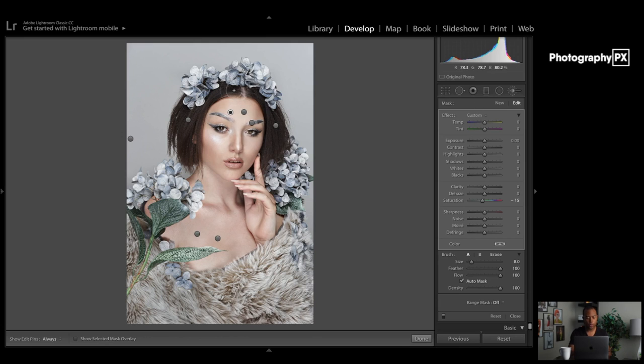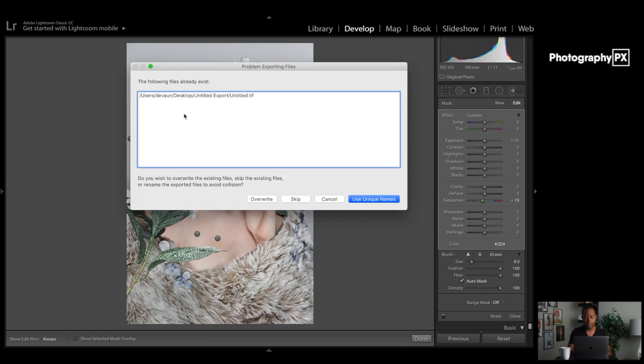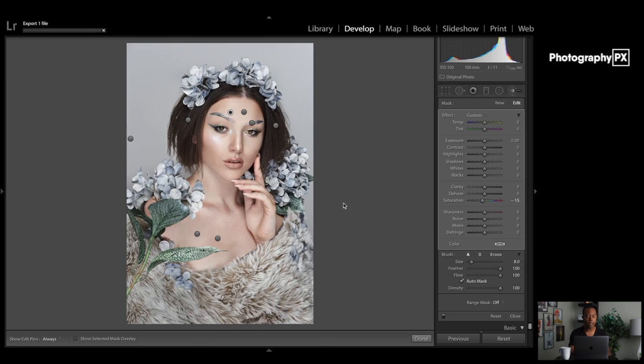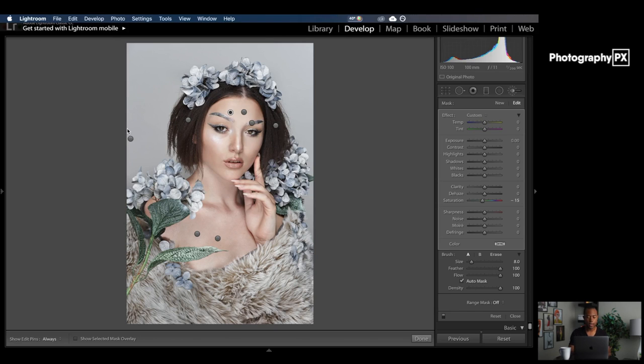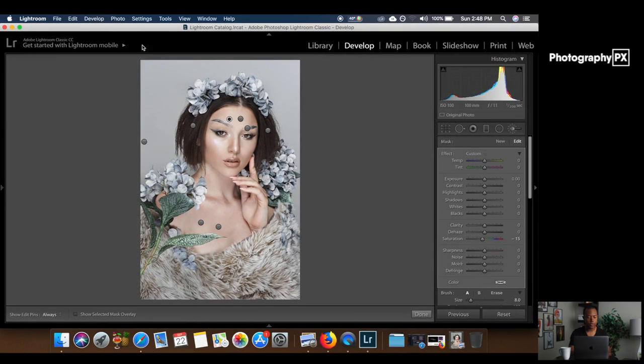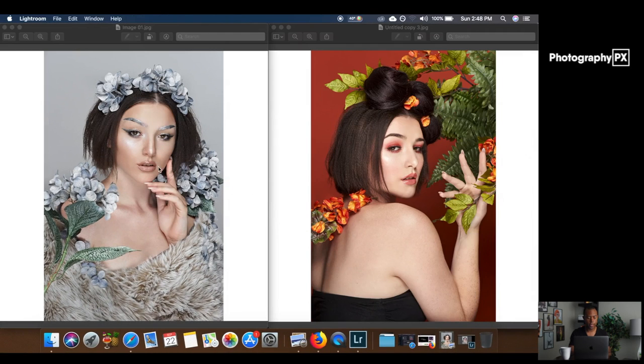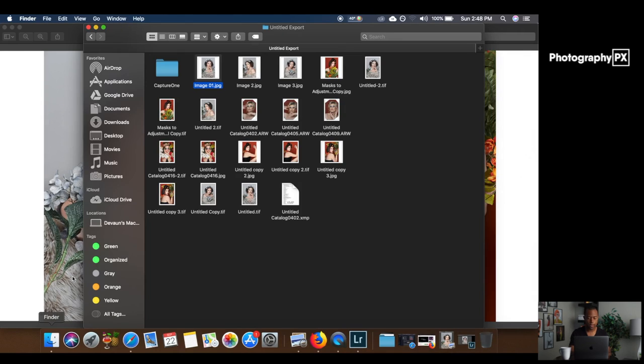And then what do I do next? I do Command Option Shift E. I'm exporting the image as a TIFF, and I'm going to use unique names because I don't want to overwrite it. I'm going to be doing some more finer adjustments to this image later on outside of this tutorial. Then I minimize Lightroom and come back over to our image. I'm going to go into Untitled 2 TIFF,